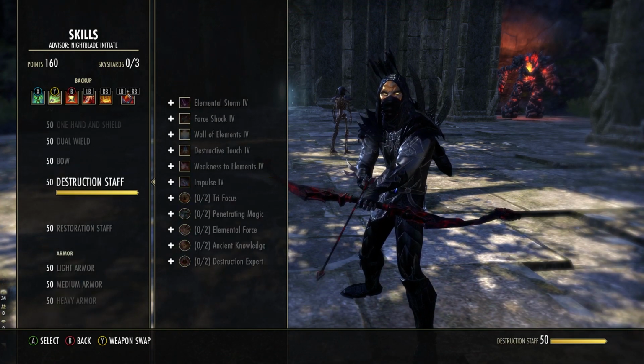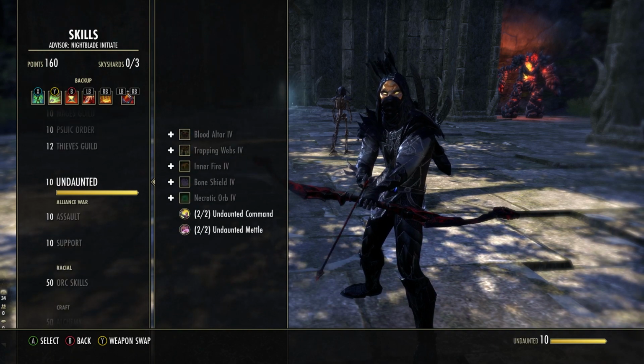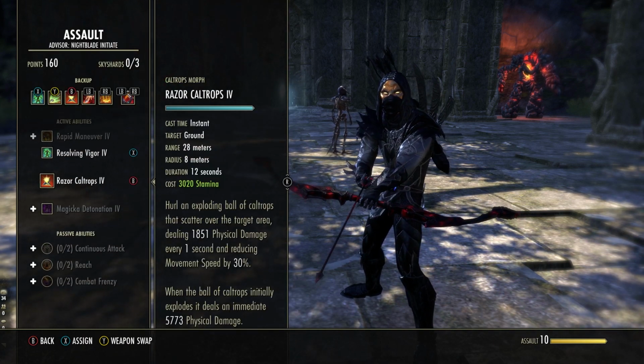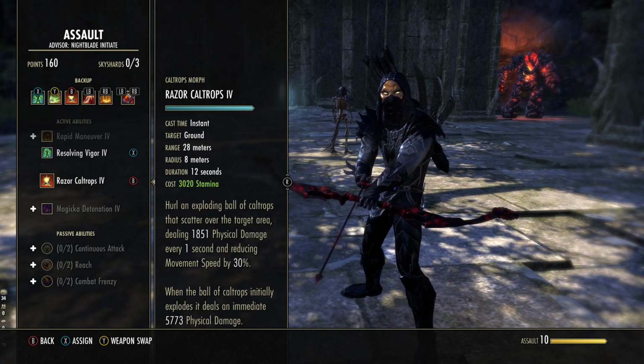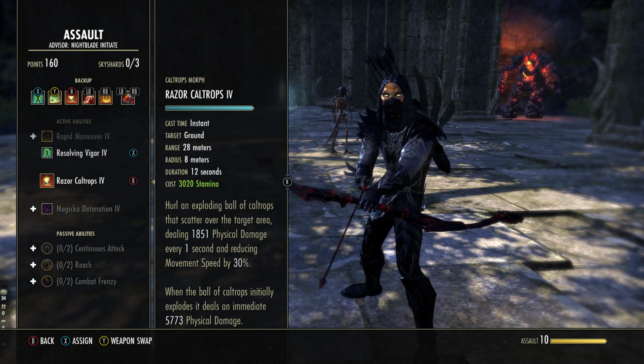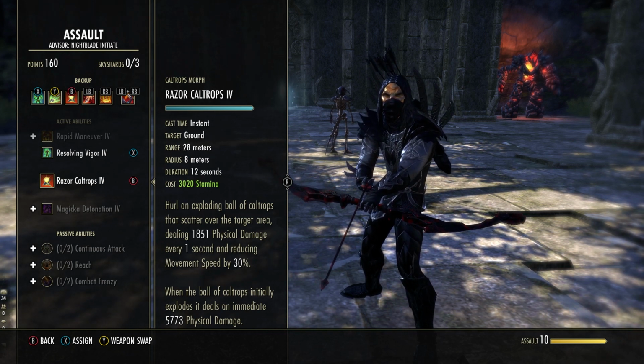Razor Caltrops is next. You will have to go to PvP for this and Vigor, by the way. It's in the Assault skill line. It starts off as Caltrops, morph it to Razor Caltrops. Now, before I explain this skill, Vigor and Caltrops do need alliance points in order to level up the Assault skill line. If you don't like PvP or you don't get that successful as far as alliance points are concerned